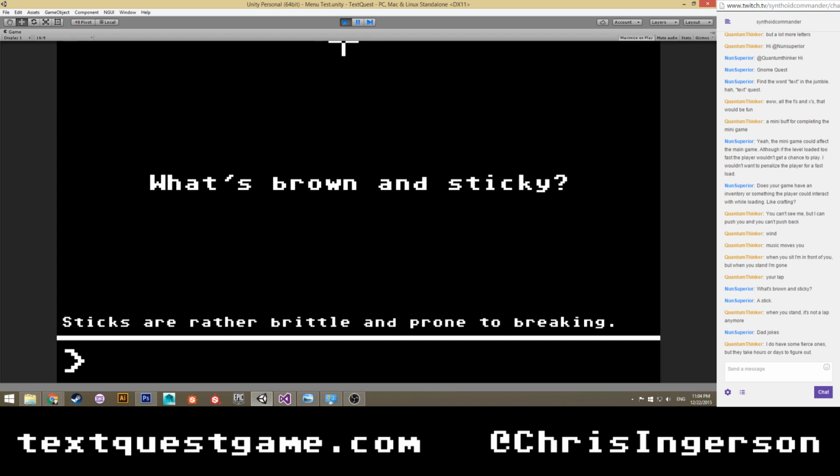The only problem I would be worried about for this is I can't do an exact string match, I don't think. Because if you're asked what's brown and sticky, you'd say, I don't know if I should allow for a stick. Because you're not going to answer stick. You're going to answer a stick. But I guess this works though.